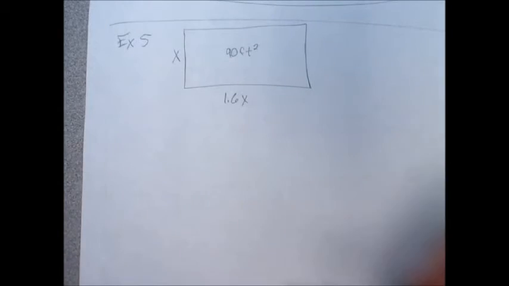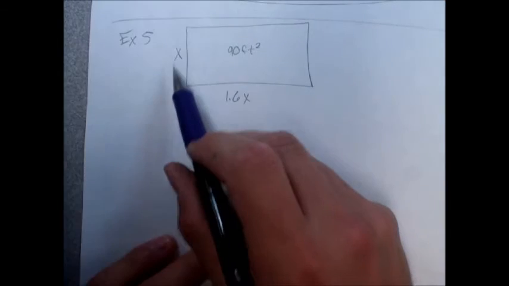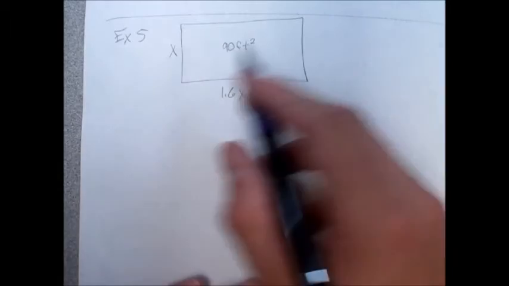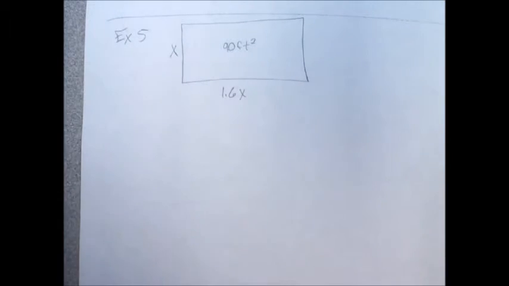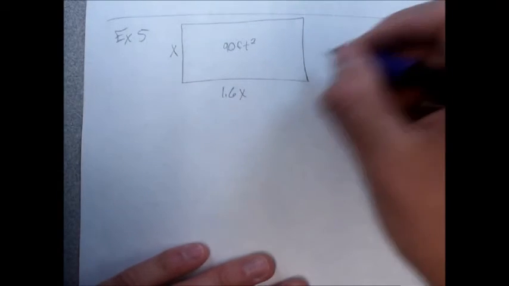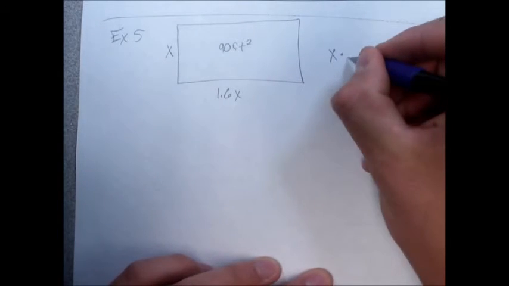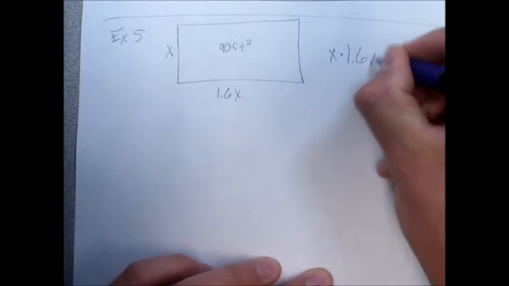Anybody got a question as to why I set it up the way I did? Nothing? Okay. So, knowing this, I can start calculating some stuff. How do I find area of a rectangle? Length times width, base times height, all of those things are the same. Okay, so I have my height of x multiplied by my base of 1.6x, and that's going to end up